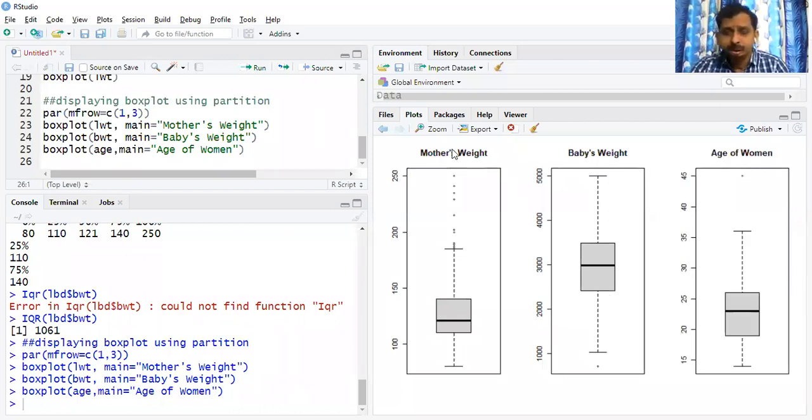Okay, see this. Now the first panel of this total partition is about mother's weight. This is about baby's weight, and this is about age of the woman. Okay, so like this, if you want to turn off, suppose next time, if you want to repeat any,